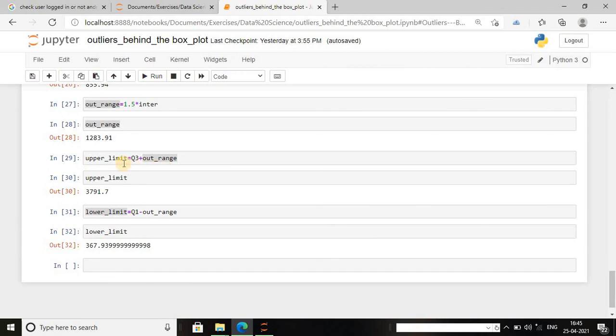The upper limit will equal the 75% quartile plus the outlier range, and the lower limit will be the 25% quartile minus the outlier range.